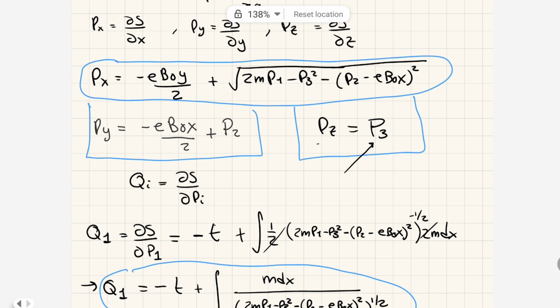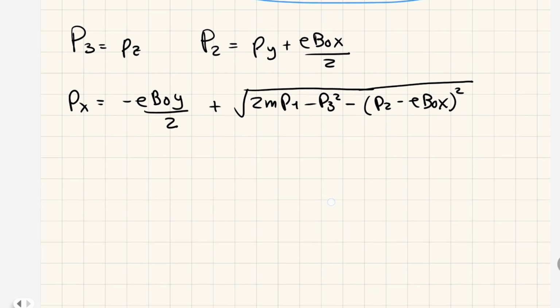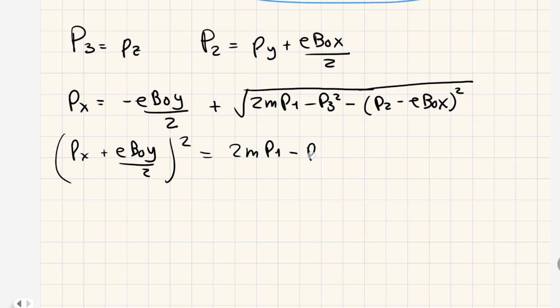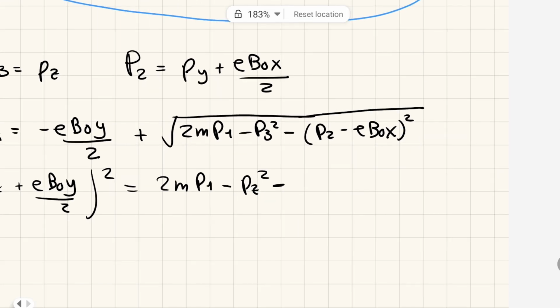So let me rewrite this equation to do it in another space. Okay, so with this we are going to get that (Px plus Ev0y divided by 2) squared, right? It will be 2m P1 minus P3 squared. But P3 squared is Pz squared, and then minus, and then we will have here P2, but P2 is this quantity over here. So, and if we subtract this, we will get, well,